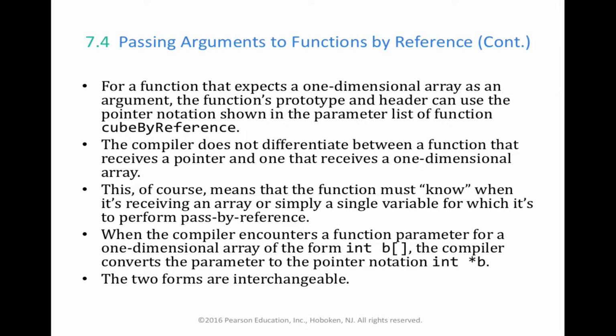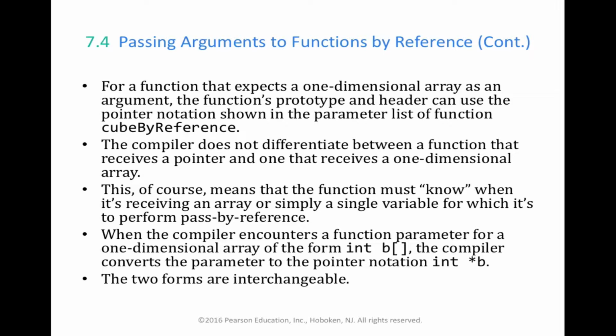For a function that expects a one-dimensional array as an argument, the function's prototype and header can use the pointer notation shown in the parameter list for cube by reference. The compiler doesn't differentiate between a function that receives a pointer and one that receives a one-dimension array. It's the same thing. This, of course, means the function then needs to know when it's received an array or simply a single variable